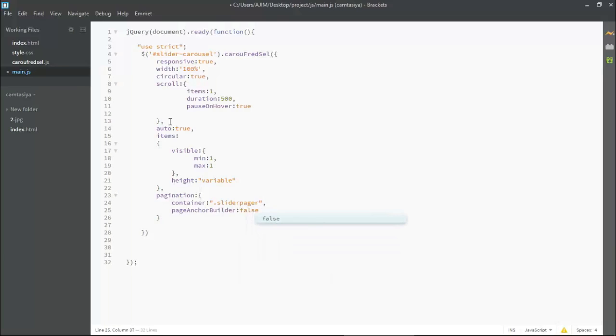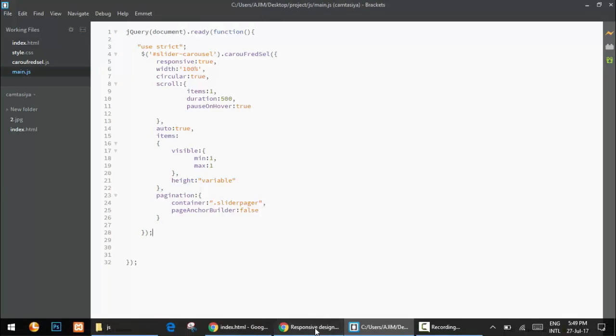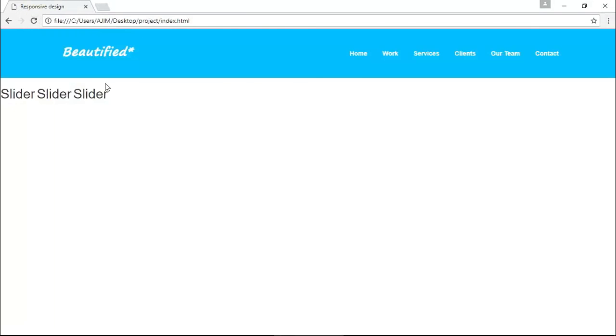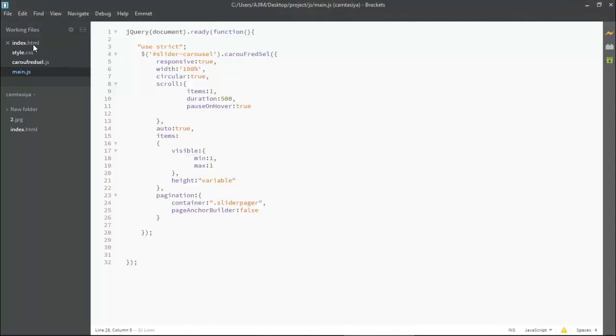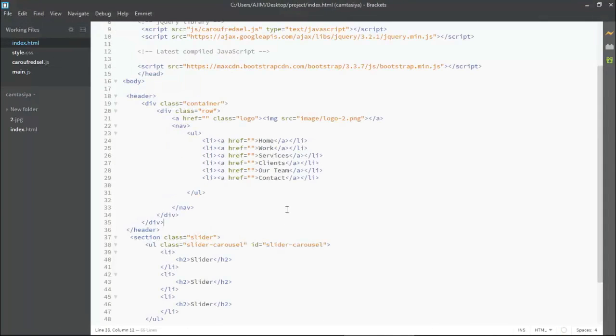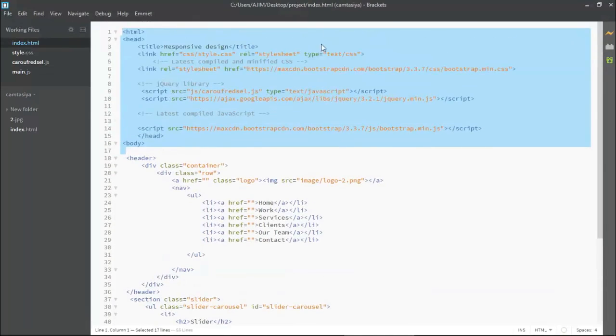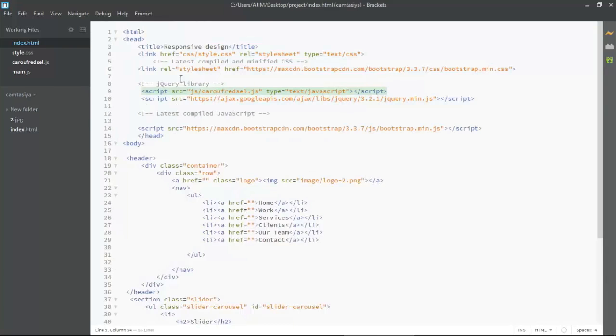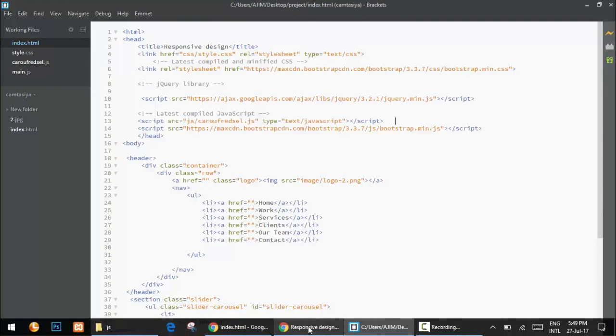Okay, so this time I'll save it and then show you whether it's working or we still have to make some changes. So I'm saving it and coming back to the browser and refreshing it. You can see it is still not sliding. So what I can do, I'm coming on the index page, in the head section. You can see I put carousel.js in the jQuery library. I should put it in the JavaScript because it is custom. So I'm cutting it and pasting it here. Control V. I am saving it and just showing you how it's coming through.